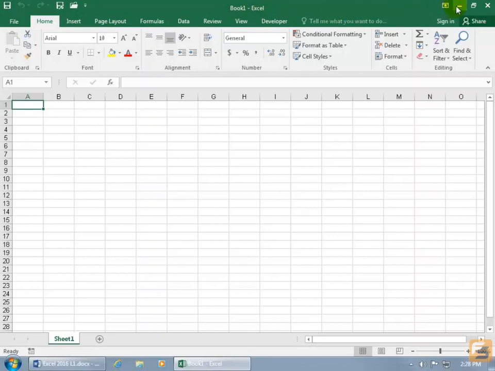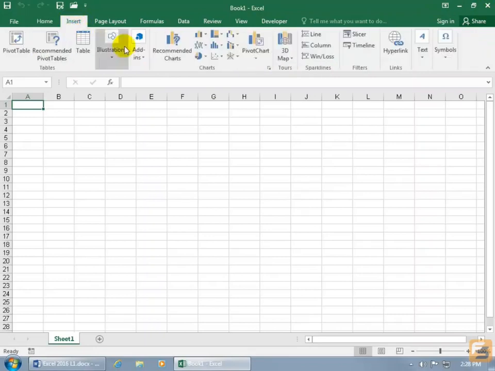Then the window options: you can minimize this, restore it down, or close out of it completely. And then below that, you have this long strip that contains all these commands. It's called a ribbon. And on that ribbon, you have different tabs that help organize those commands. So when you want to insert something, you go to the Insert tab, and you've got all these different commands